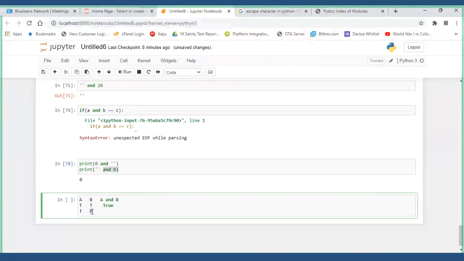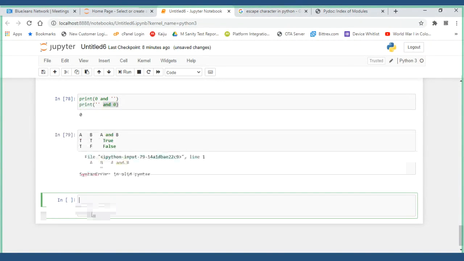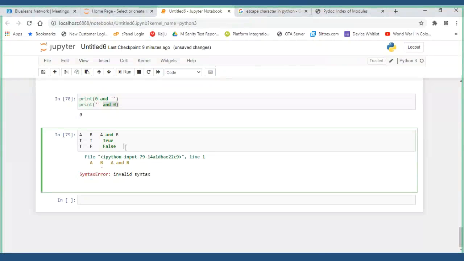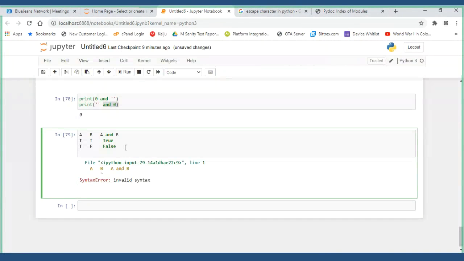1 into 0, what will you get as output? 0. That is false. 1 into 0 or 0 into 1, what will you get? 0.